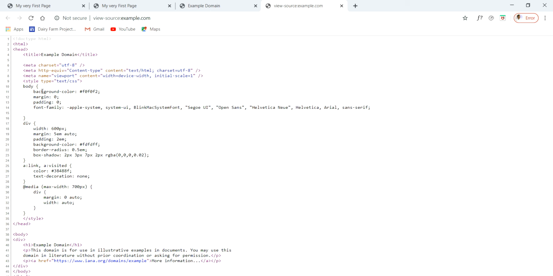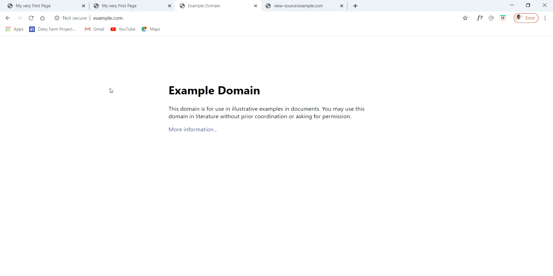If you look at these codes, in which we have written body background color is like this way, division width is this. So these all are used to define the style of the web page. As we see over here, the background color, this is the page. If we see, this is only the page and this is the background color.